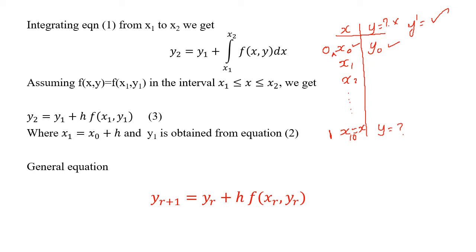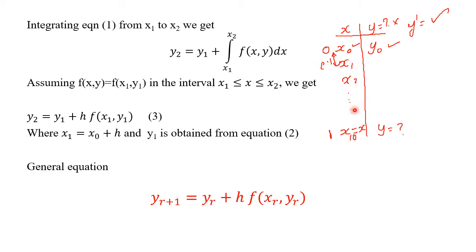H is some 0.1. So we really wish to find out the value of the function at 1, but we don't make a giant leap. Instead we make small steps. So instead of making a giant leap, we march from x0 to x1, which is a very close point. Then we march from x1 to x2. Then we evaluate the function at x2. We march this way. We start from x0. We march to x1, then x1 y1. Then we march to x2 y2.